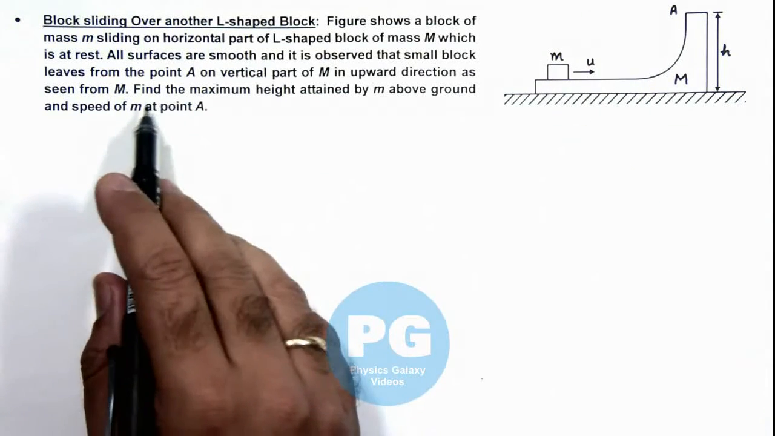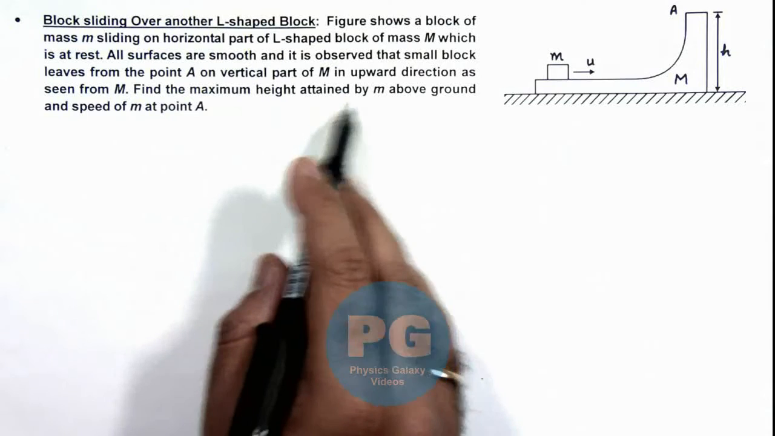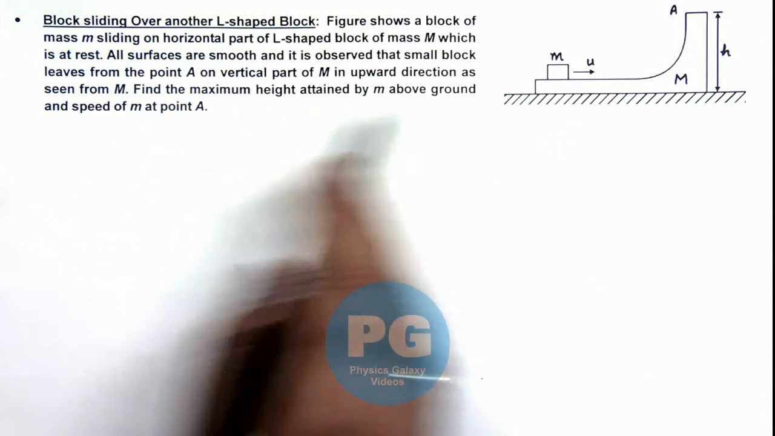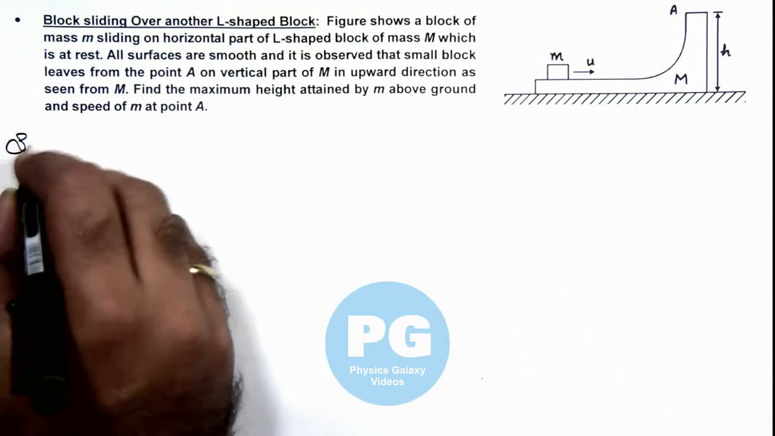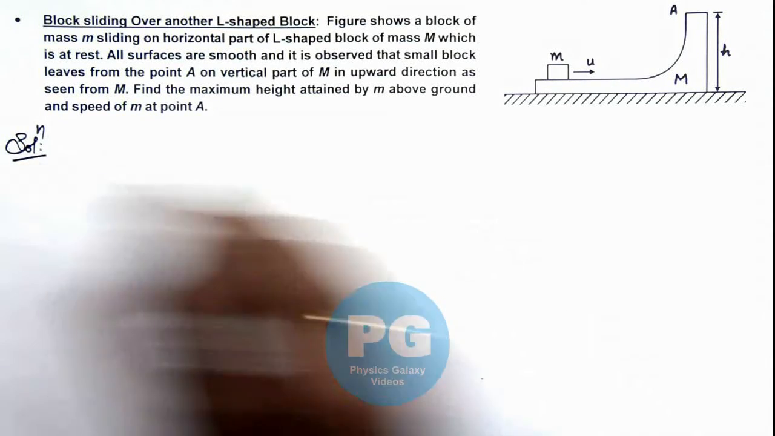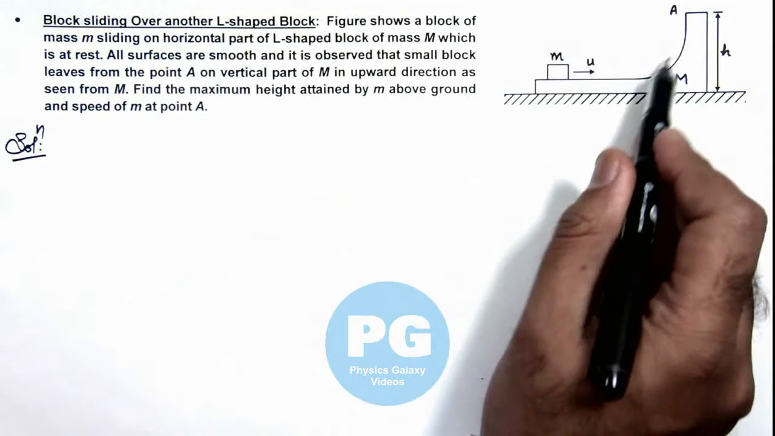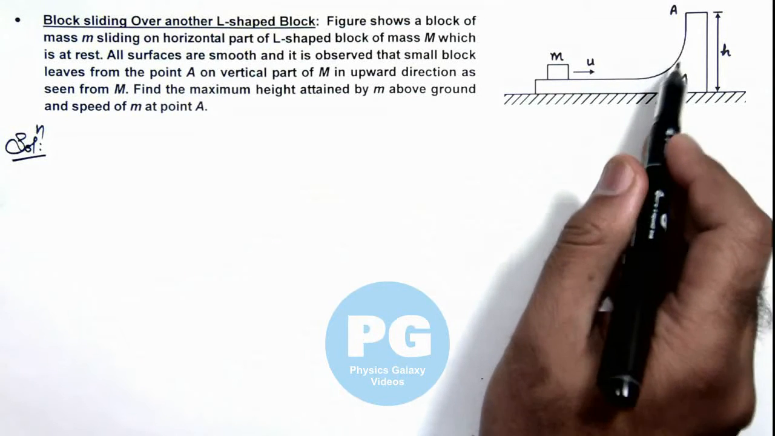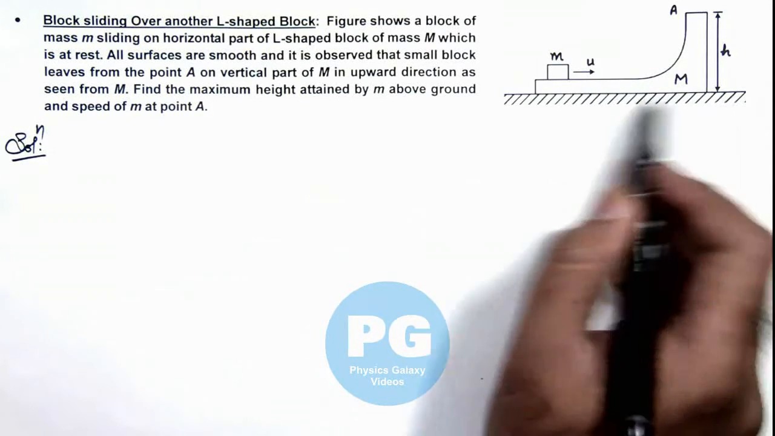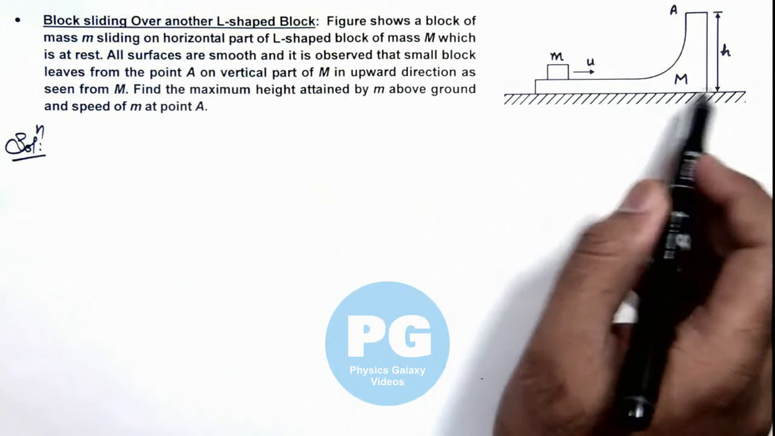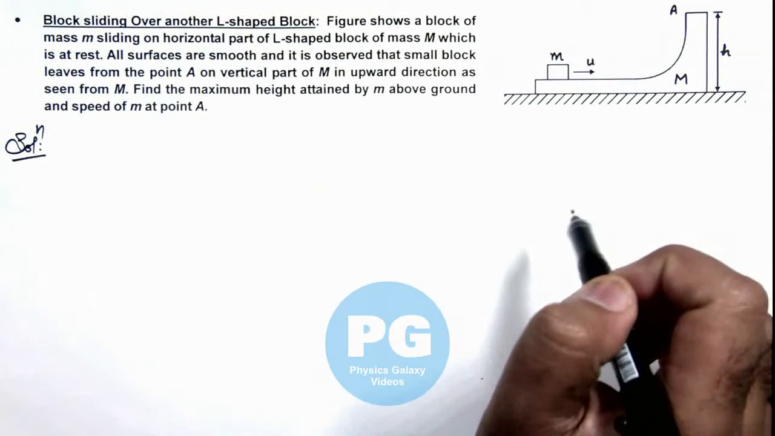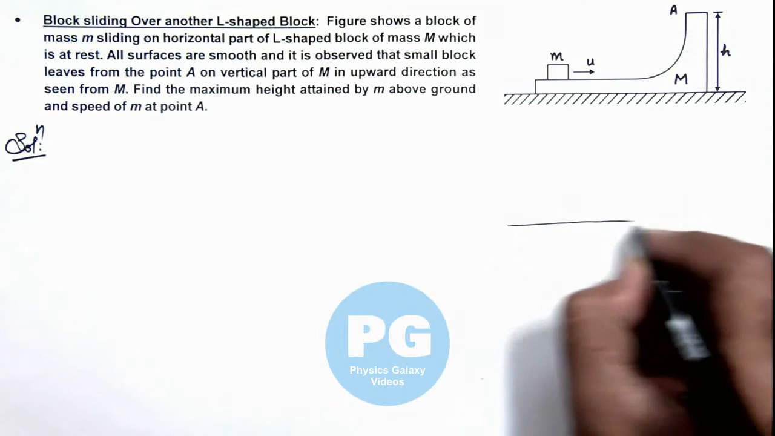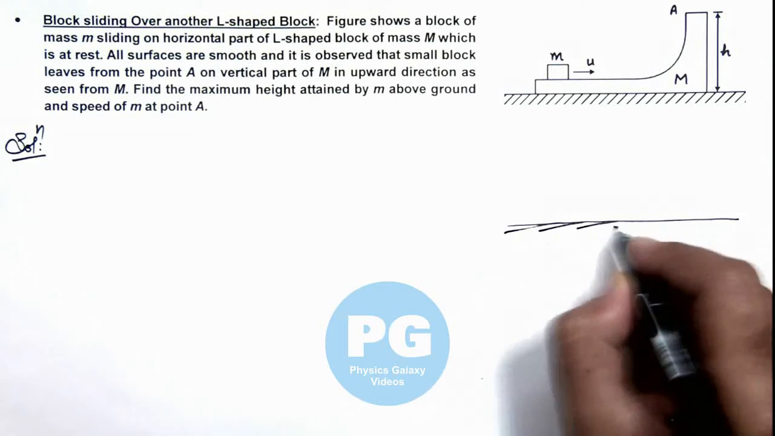And here we are required to find the maximum height attained by this mass m above the ground and the speed of m at point A. So here we can write, when the small m starts ascending up the vertical path, due to normal reaction this capital M also starts moving in the horizontal direction and this will be raising up on this block. So here we can redraw the picture and we can see